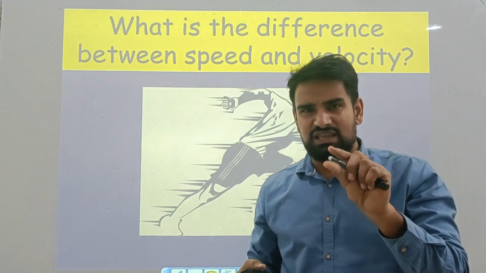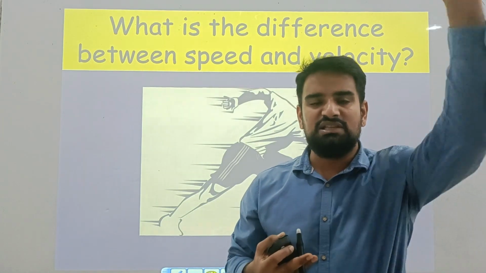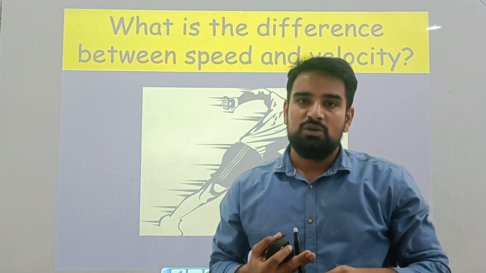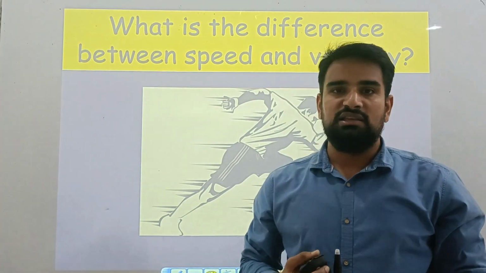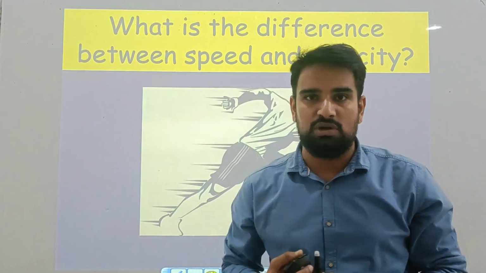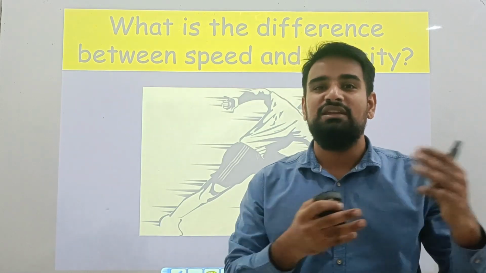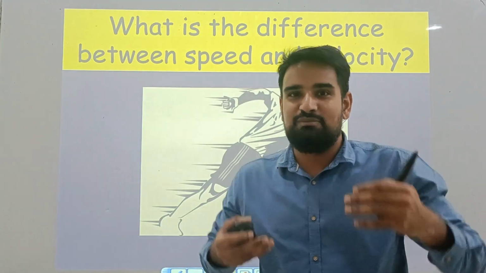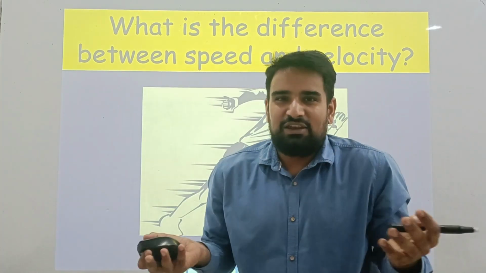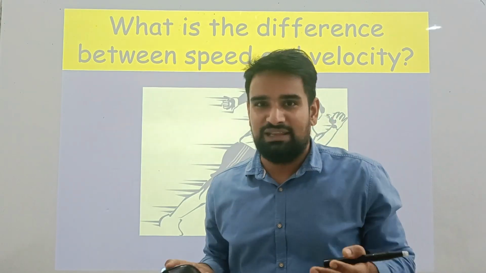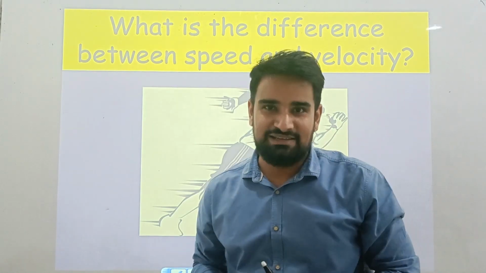So the first thing you need to remember is what a quantity is. A quantity is anything which may or may not be physical. It may be physical or non-physical. Like temperature, which is a physical quantity that can be measured. But some quantities cannot be measured, so they are not physical, like my feelings, my sadness, my happiness. Happiness cannot be measured, so it is not a physical quantity. Sometimes you say that I'm so happy today, but you cannot quantify it.